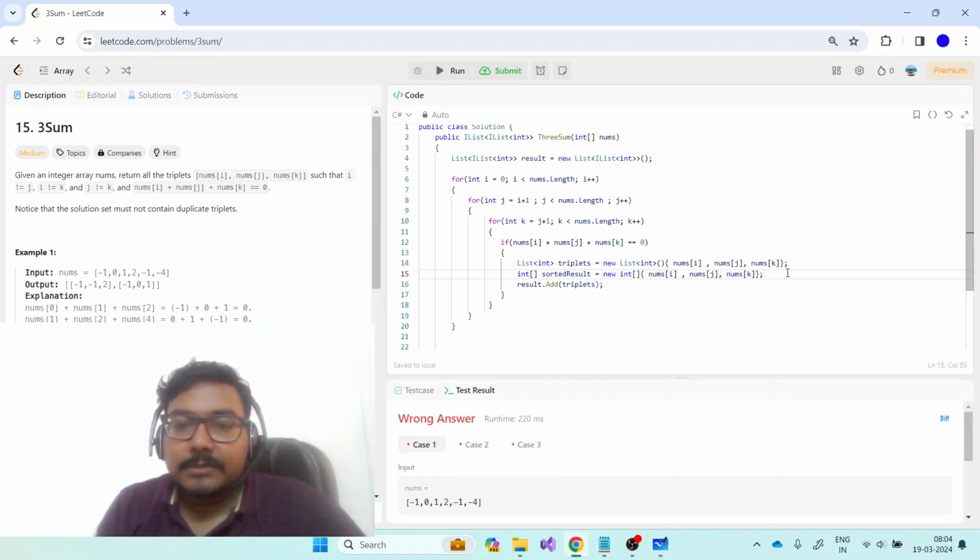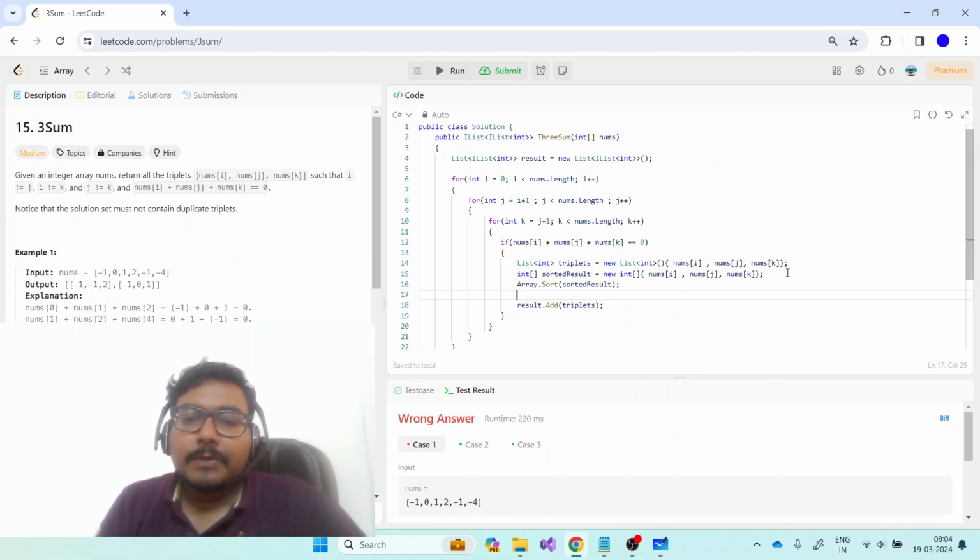I mean syntax. Okay. So we have kept the three items in an array. Now we are going to sort this array, and the result, array dot sort, sorted results. Okay. And then